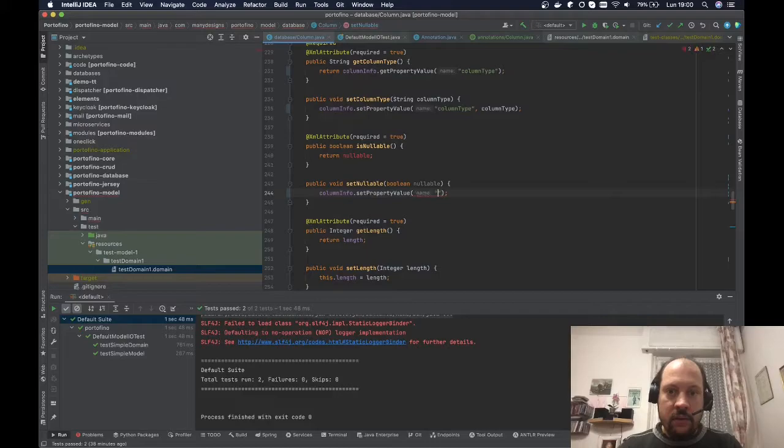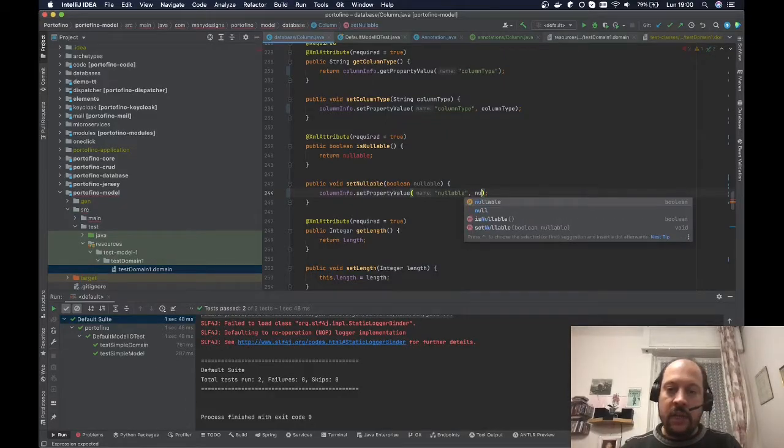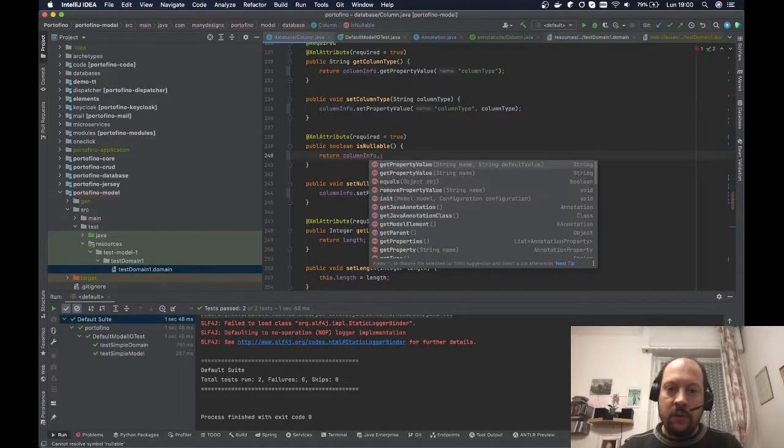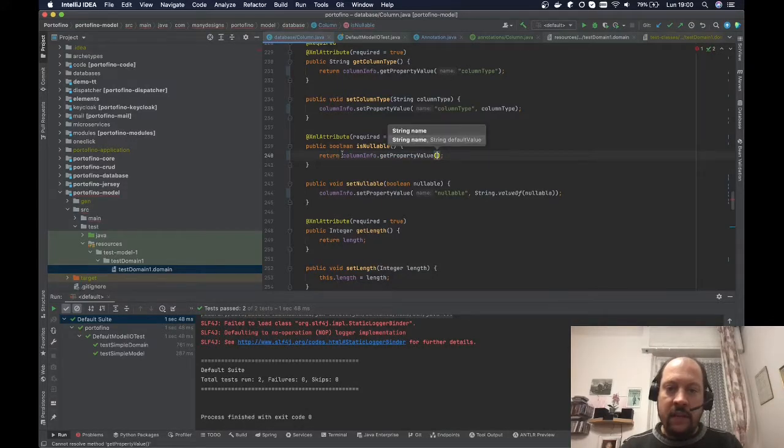Here we'll set the nullable property of the annotation with, of course this takes a string, so string value of nullable, and here it will return column info get property value nullable,